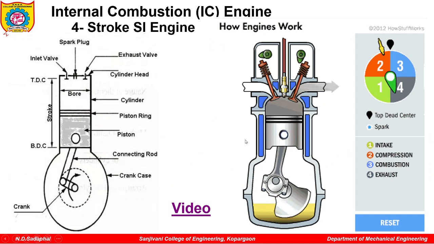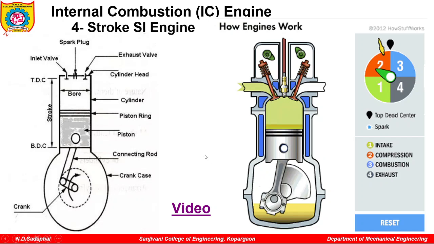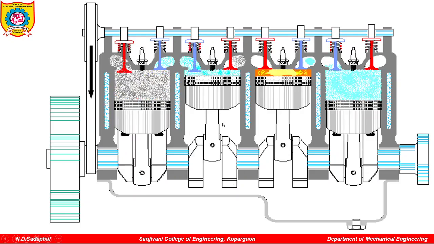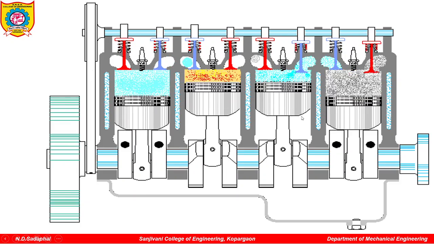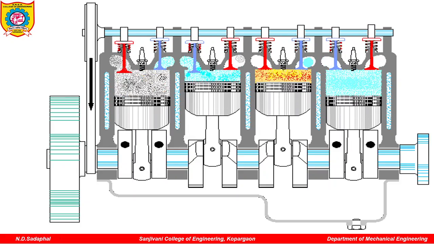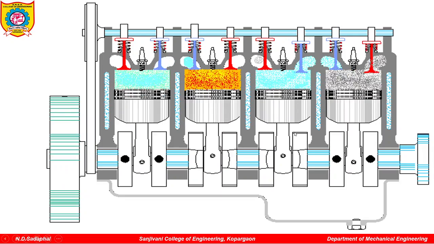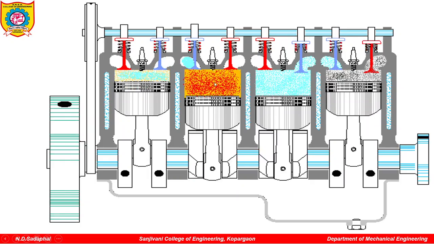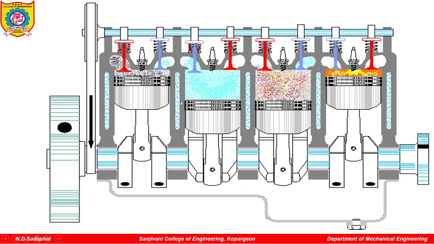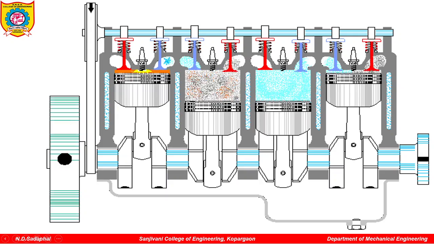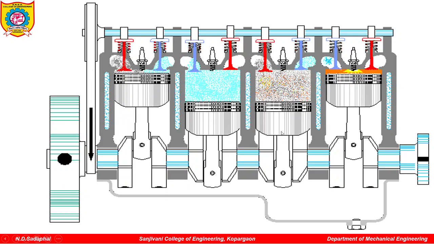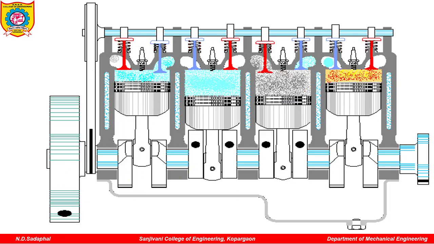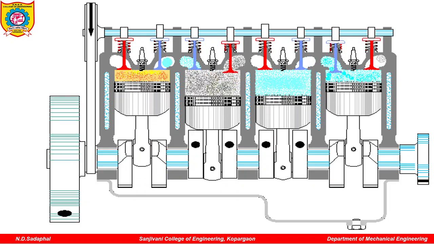Previously only one cylinder was there, so it is called a single cylinder SI engine, a single cylinder 4-stroke engine. Here 4 cylinders are there, so it is called a multi-cylinder or 4-cylinder 4-stroke engine. This is the difference. Whenever one stroke is going on in one cylinder, another stroke is going on in the second cylinder, so 4 strokes are simultaneously carried out in the 4 cylinders. This is generally used in 4-wheelers. In 2-wheelers a single cylinder is used; in 4-wheelers a multi-cylinder, that is a 4-cylinder 4-stroke engine, is used.